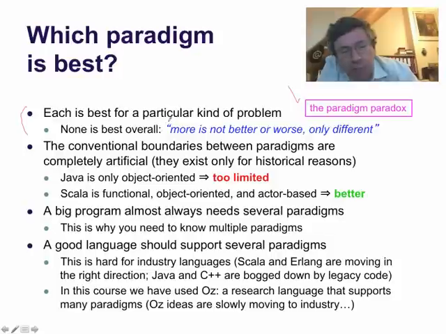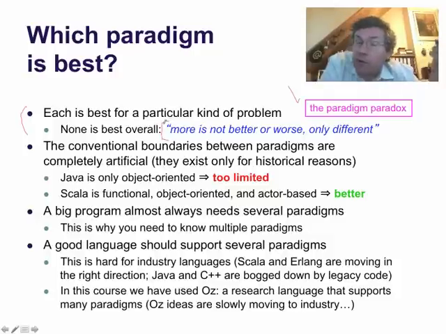So we say that more concepts in the paradigm is not better or worse. It's just different. Each paradigm is just different from the others. Functional programming is just as nice as object-oriented programming. It's just focusing on a different set of problems. And in fact, in real situations where you have big programs, where you have to solve many things, you will need both, and you will need many paradigms.